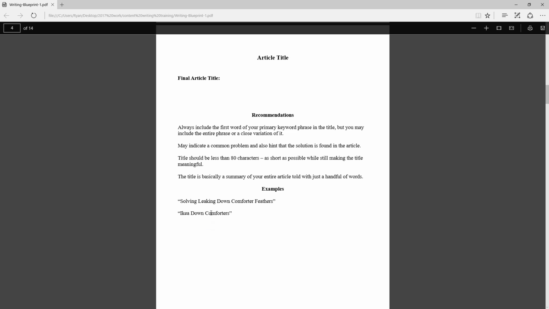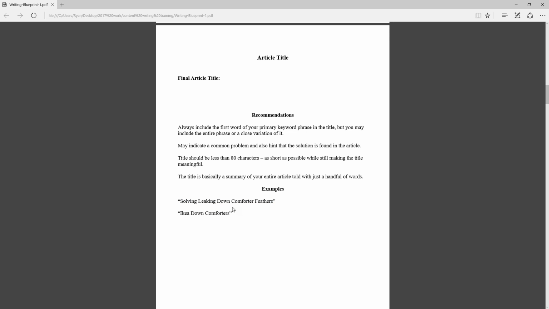As part of this blueprint, I emphasize this solving leaking down comforter feathers article because I feel it makes a really great example of a fairly basic, straightforward article topic where I'm trying to solve a problem.